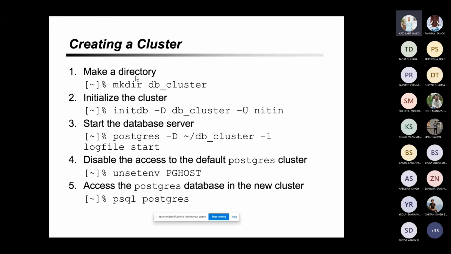Now, don't try this at home, whatever you see on the slide, because it should be done in a controlled environment. You can try, but if something happens, you may have to reinstall. So you have to follow these commands. First create a directory, like when you install Postgres, it created the PostgreSQL 11 main directory through the mkdir command. Then you have to write initdb -D and your cluster directory name,